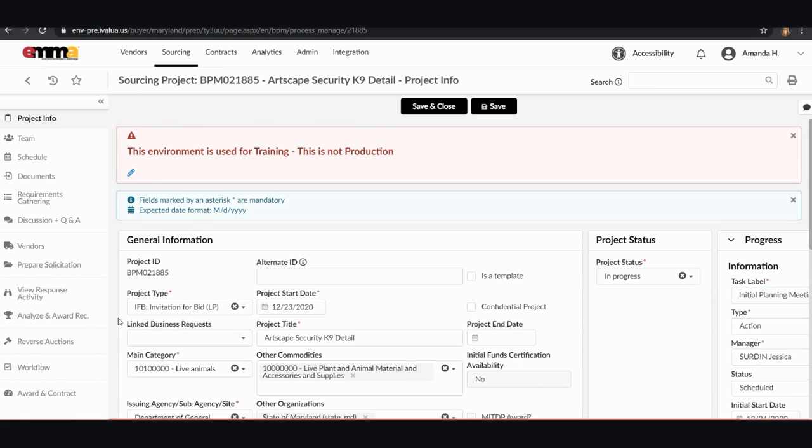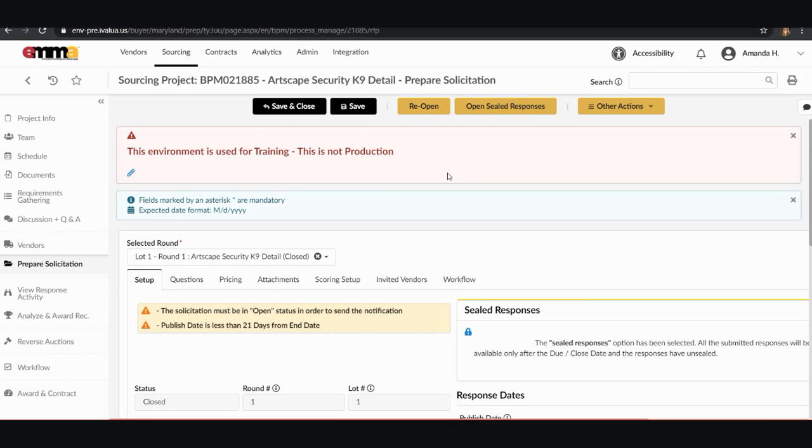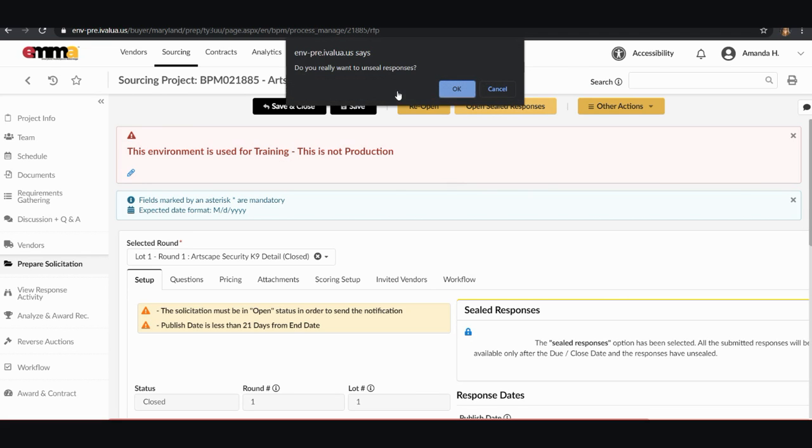Step 4 of the QRG navigates you to the Prepare Solicitation tab on the left side panel. Step 5 of the QRG tells us to click on the gold Open Sealed Responses button at the top of the project page. Click OK in the confirmation box that pops up,